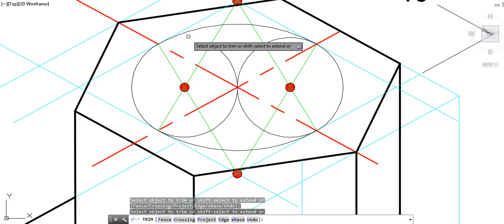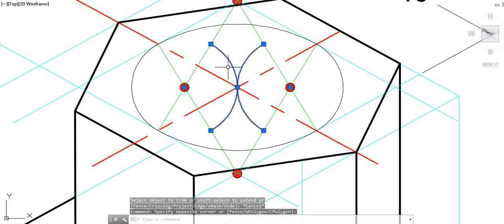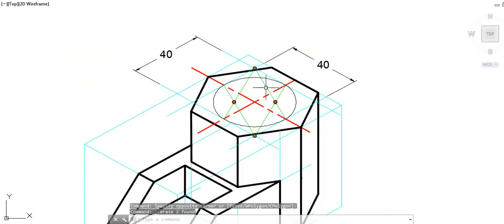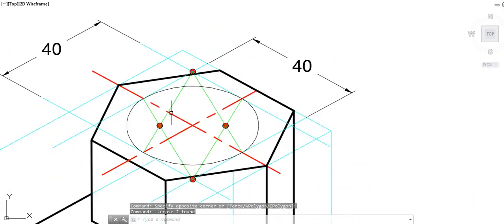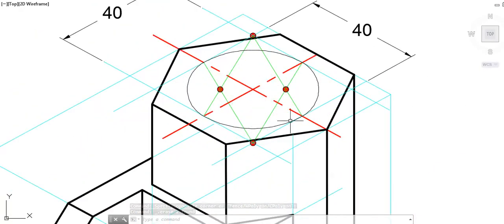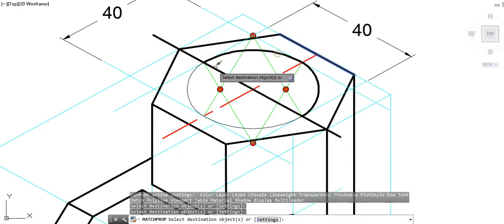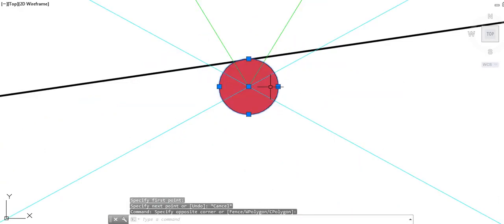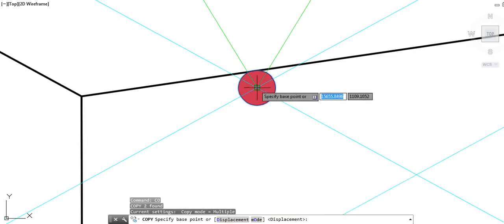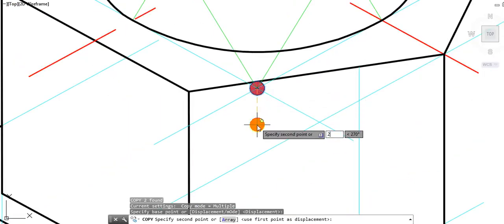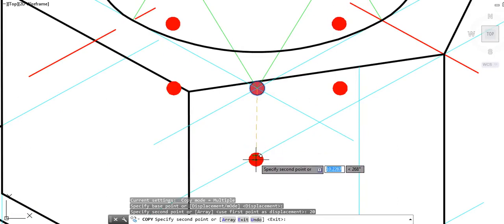Like you can see, this is the fine curve, fine isocircle obtained. So let me make it thick. This part will be shown thick by 20 millimeter. You can see along with that these two circles are also copied.